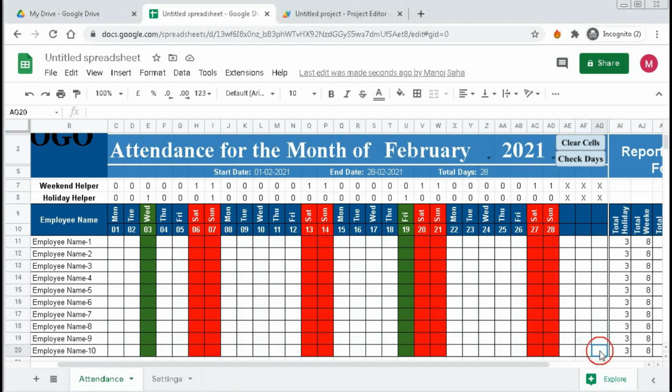So now click on the last cell and click check this.